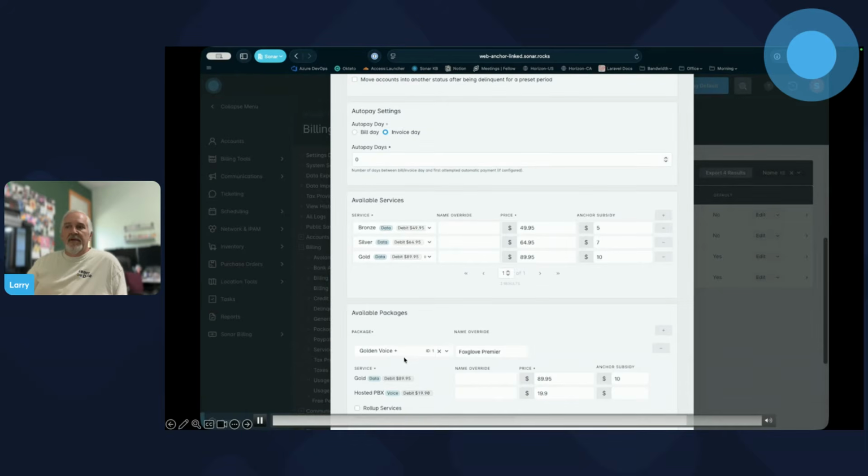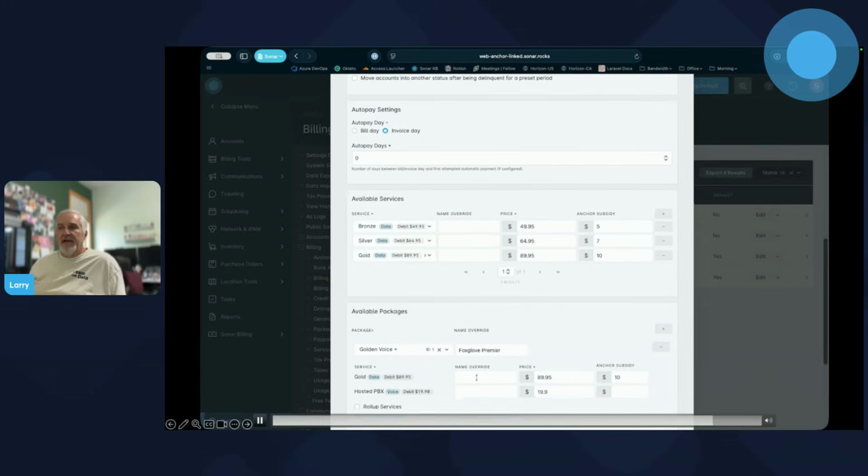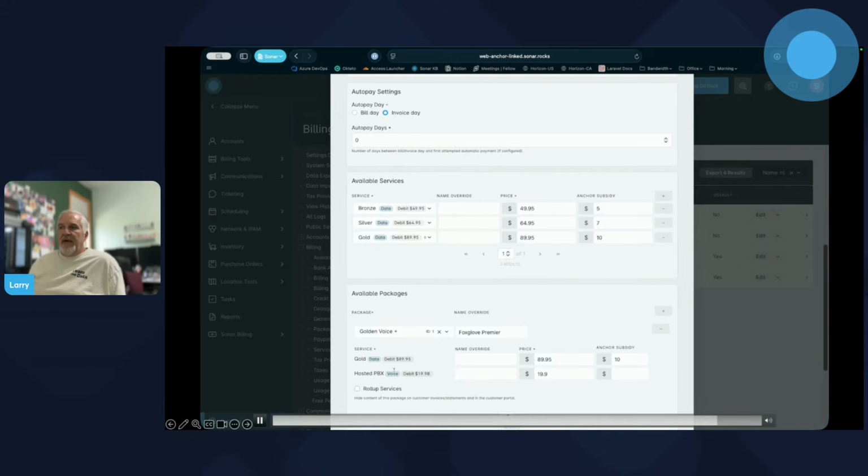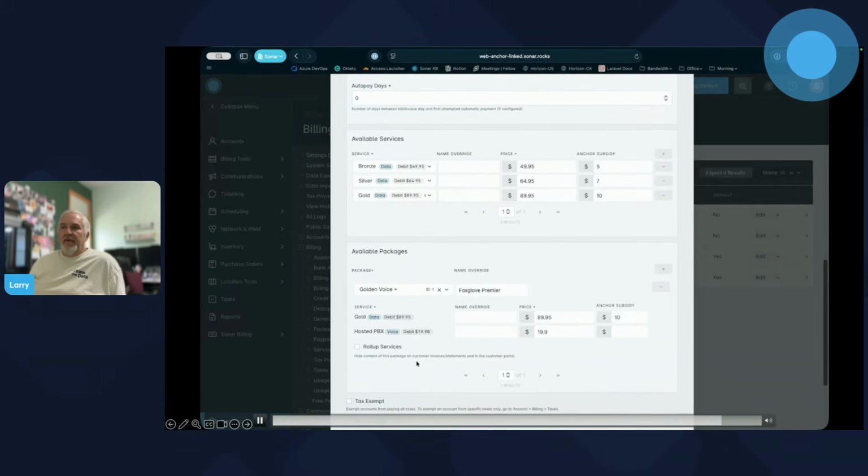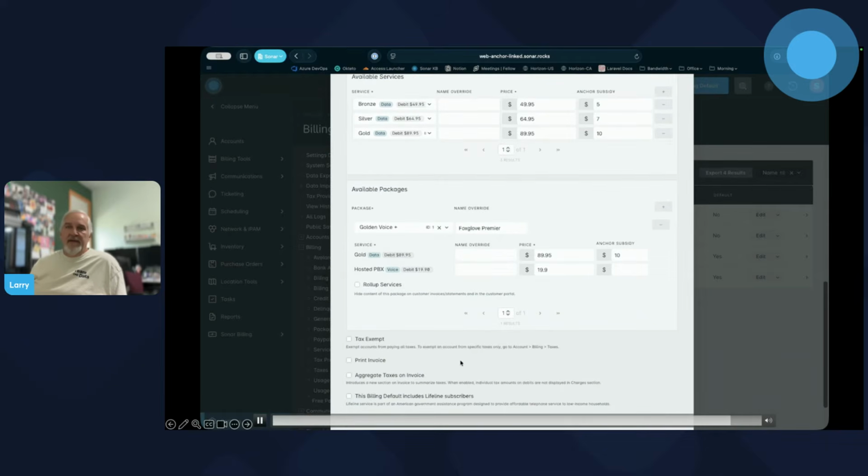And likewise, you can do this down at the package level. You can name override everything. So if you want to provide custom names for that apartment complex, you can do that. And the package brings in the services that are part of that package. And again, you can override the names, change the pricing, put in the anchor subsidy, and you have the ability to roll up services individual from